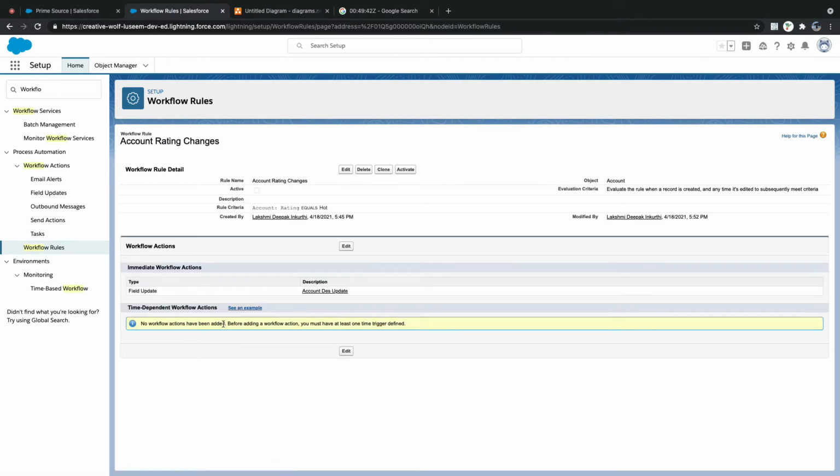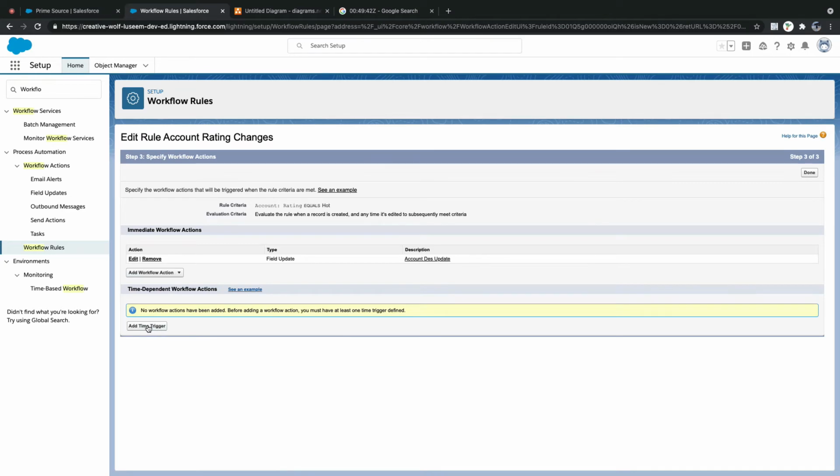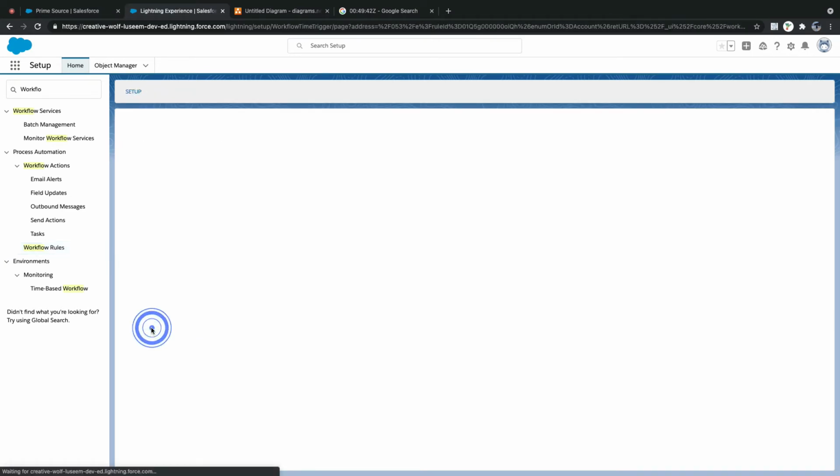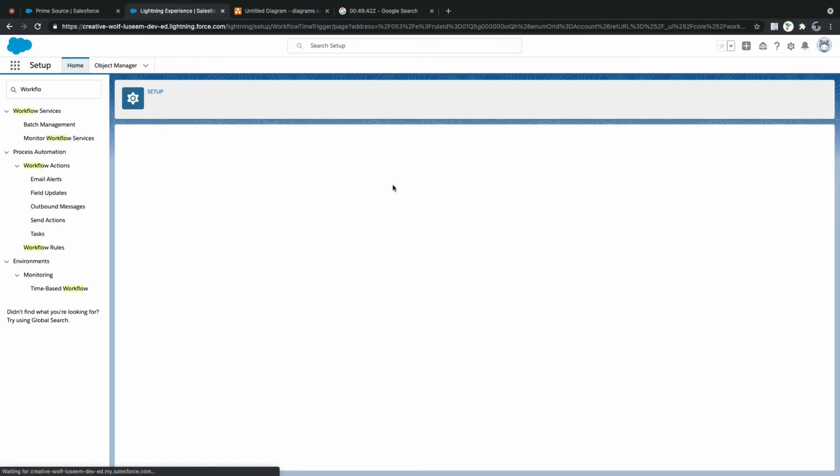Now we can add a time trigger. To add it, you need to edit, and you can add a time trigger. Let's say 10 days after rule trigger date, when this workflow fires after 10 days.